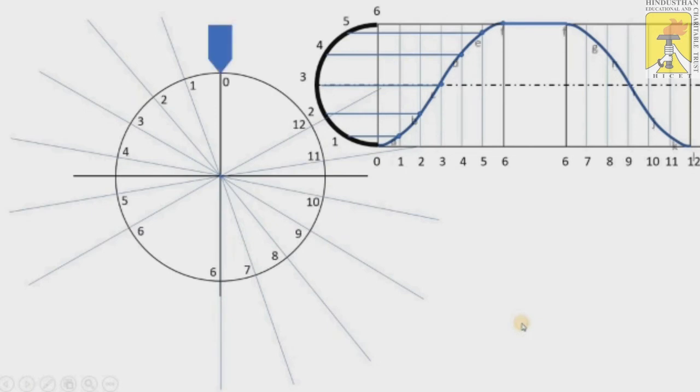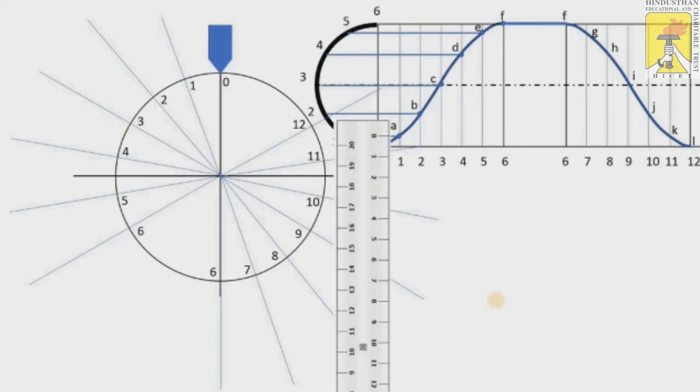We have to extend it, and the blue indicates the knife edge follower, and we have to plot the points from the displacement diagram, A, B, C, D, E and F, and up to F to L. After completion of the cam profile and plotting the points, we have to measure 1 to A. We measure point 1 to A, 2 to B by using the scale, or else you can take the compass and measure it, and on the extended line we plot the point.